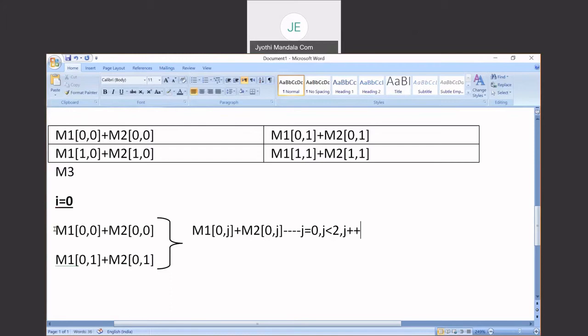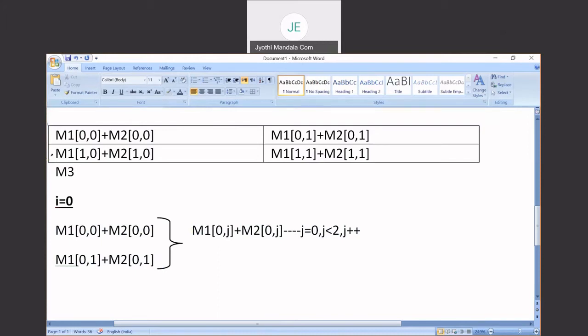For these two statements, whatever we have written here, we have generalized it like this. Got it? Where in this J value is from 0 to 1. Less than 2 means 0 to 1, because it is 0 the first time and 1 the next time. Got it all of you? So these two statements are generalized like this.